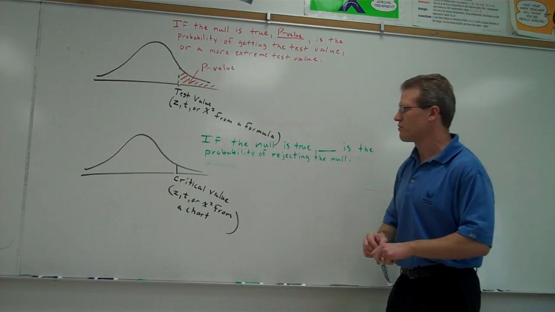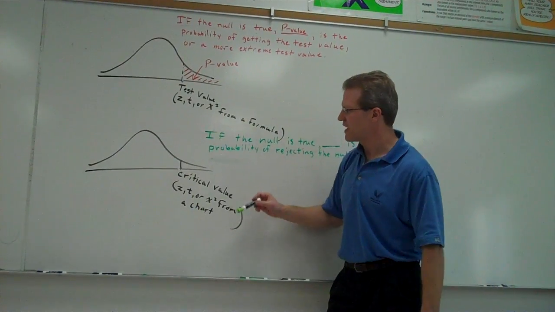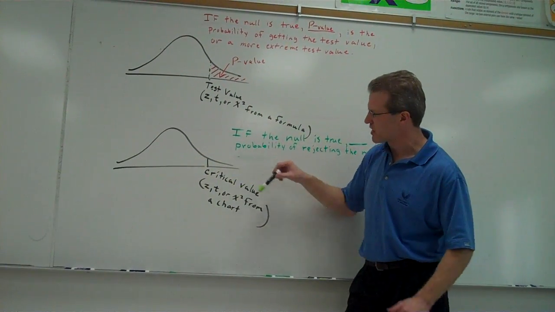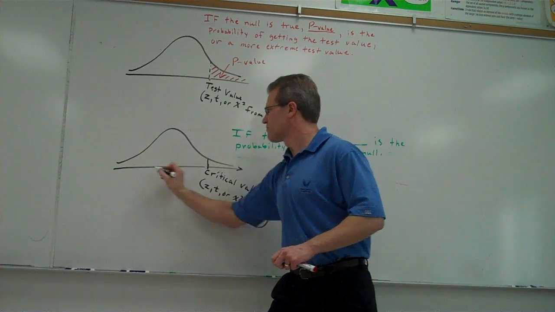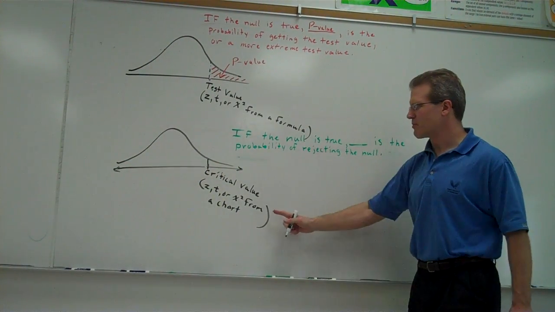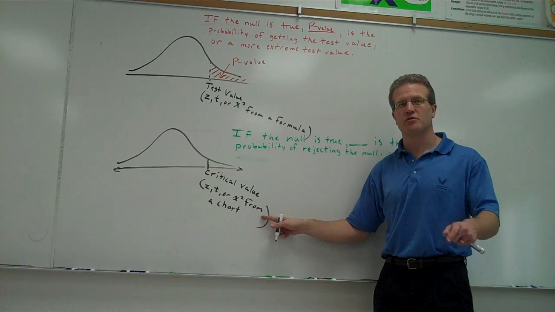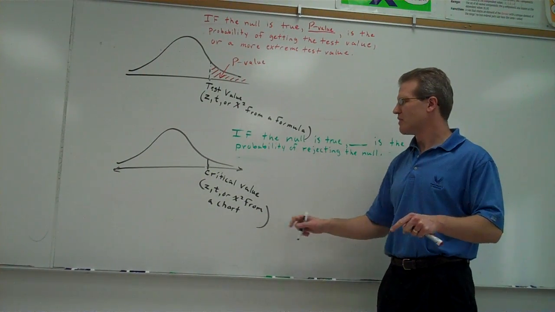Now we have critical value. What if you have a critical value? A critical value, again, is going to be either a z, a t, or a chi-squared. So it's going to be on this horizontal axis. And it's going to come from a chart. Critical values don't come from formulas, they come from charts. And